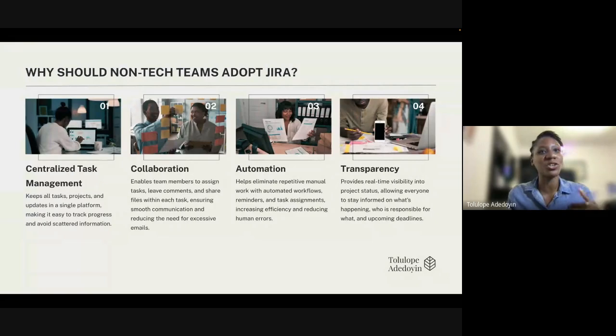It also puts not pressure, but it makes whoever owns the task take ownership of it. Everybody can see that this task is in progress and assigned to me, and I need to do my work, right? So it's not just me and this colleague. Everyone on that board can see it. So that's the reason teams should adopt Jira. Of course, there are other reasons, but these are the four major ones that I've been able to